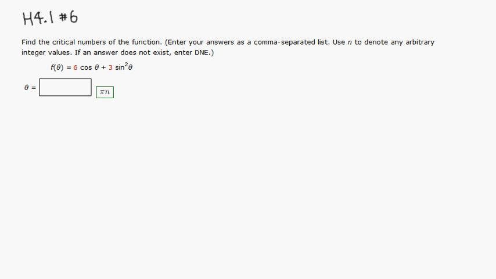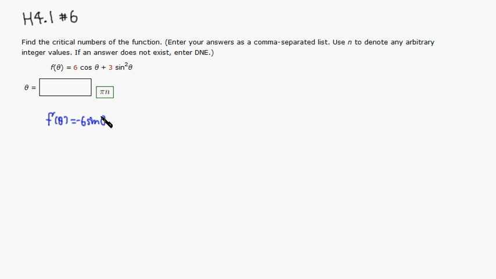Okay, let's find the critical number of this function, f of theta. First we're going to take the derivative. So we have f prime of theta, and this is going to be equal to, derivative of 6 cosine is actually negative 6 sine